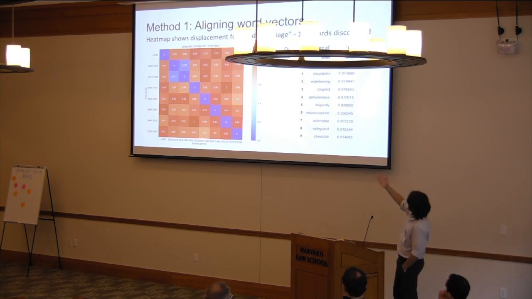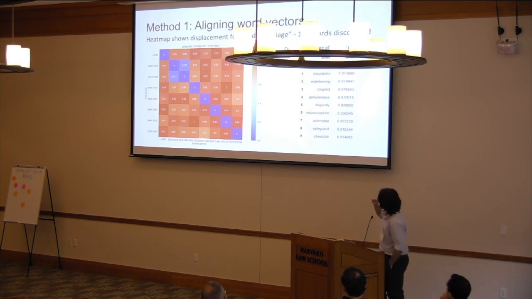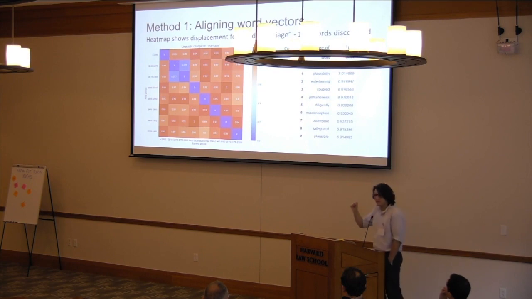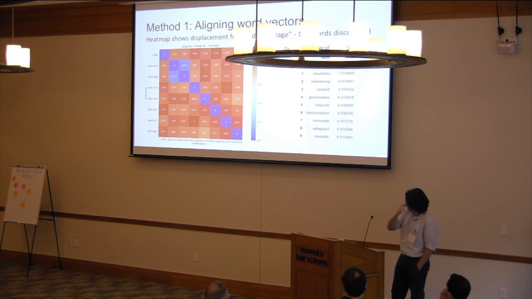Now we can see that, for instance, for marriage, there was a lot of change when compared from 1840 to the 1940s and 1960s on the y-axis. Now, if we add up the column, we get the total semantic displacement. In this way, we're able to find words that move across models, words that have changed in meaning. These are the results that we got.